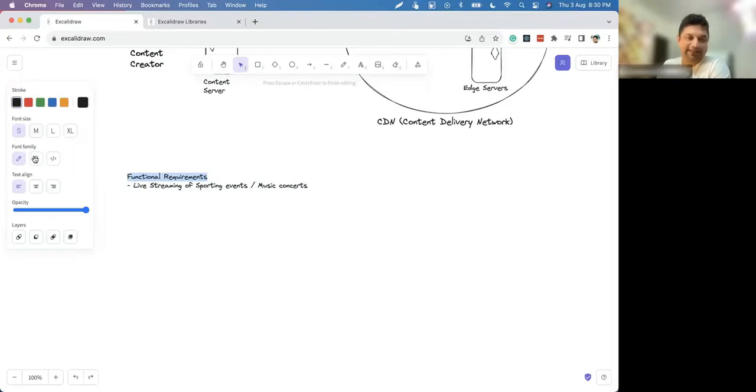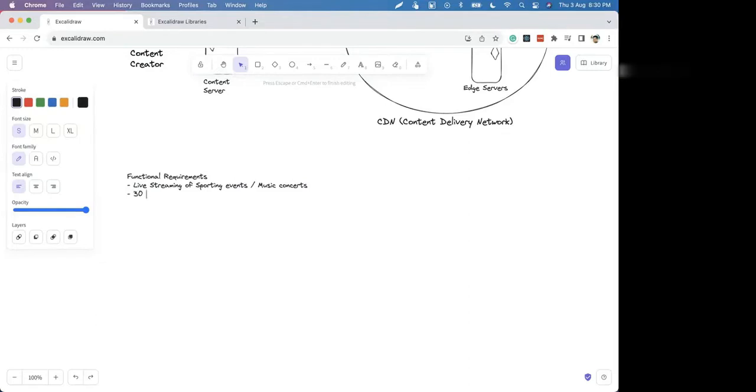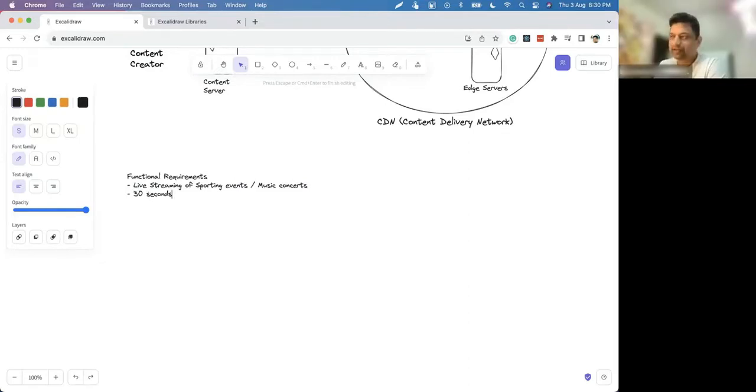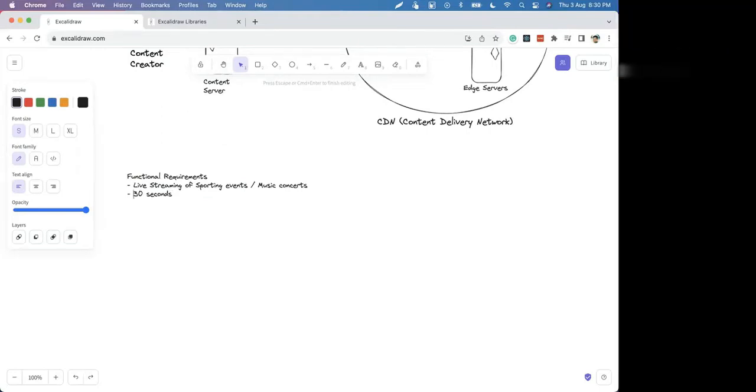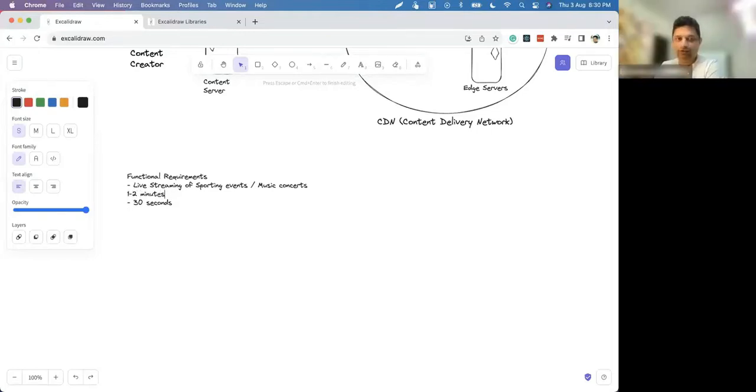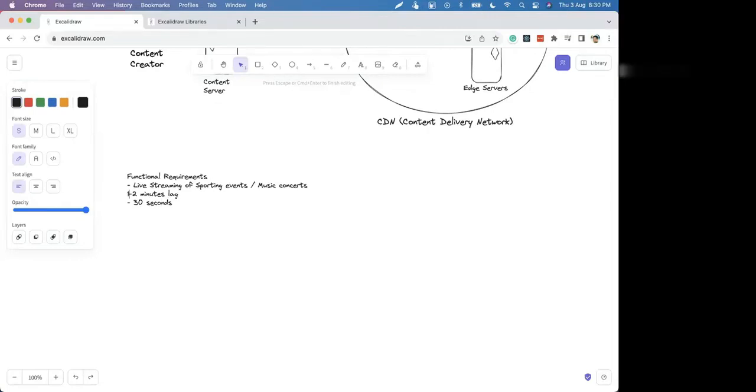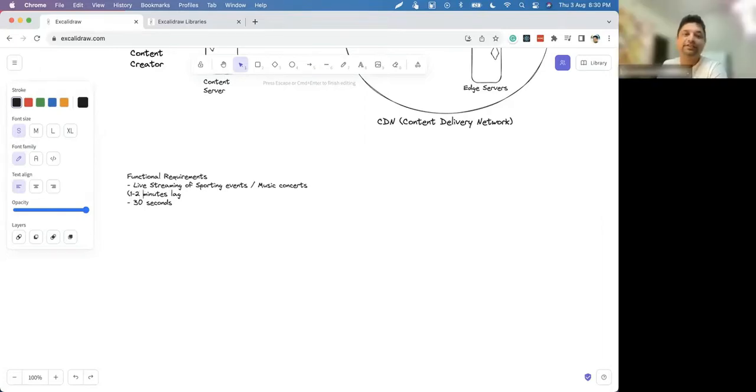How much is the delay in live? Any idea? Right? So the delay is less than a minute, maybe 30 seconds or 50 seconds. Earlier it used to be 1 or 2 minutes lag, but nowadays in many platforms, they have reduced it.